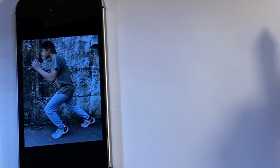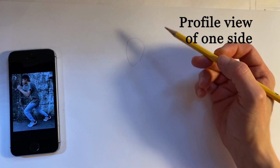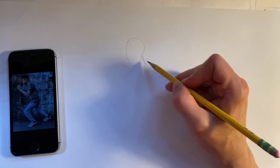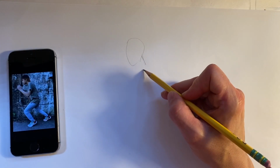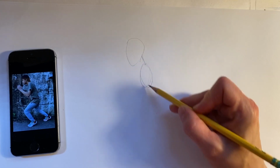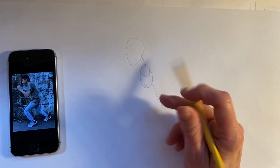And now working on this running pose. So from the profile view, we see him standing head, neck towards the back area here, and the shoulders are stacked forward here. You see a little bit of the back when we draw the fleshed out part, but we're going to start with just shoulder area